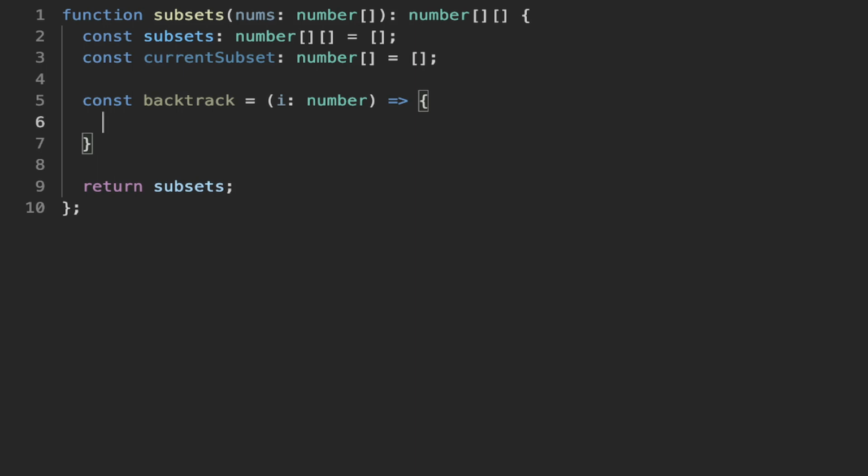And essentially what we want to do is call this backtrack function starting at the 0th element. And we want that to go through all the different combinations for each of the indexes here. So it's going to be a recursive function. The first thing I want to do is say if the index we're on is equal to the length of the array,